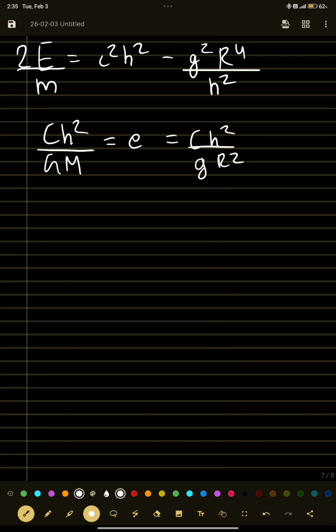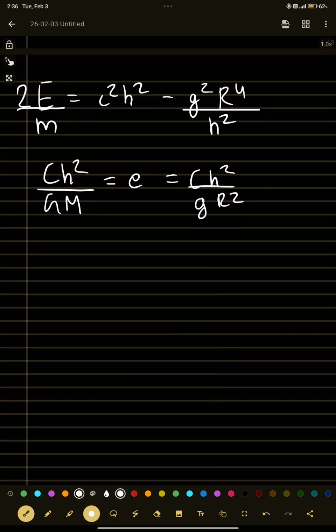Why are we doing this? We want to comment on the energetics which is contained by different trajectories. So you have E G R square by h square, and this you can substitute over here. C is being substituted, and you end up with